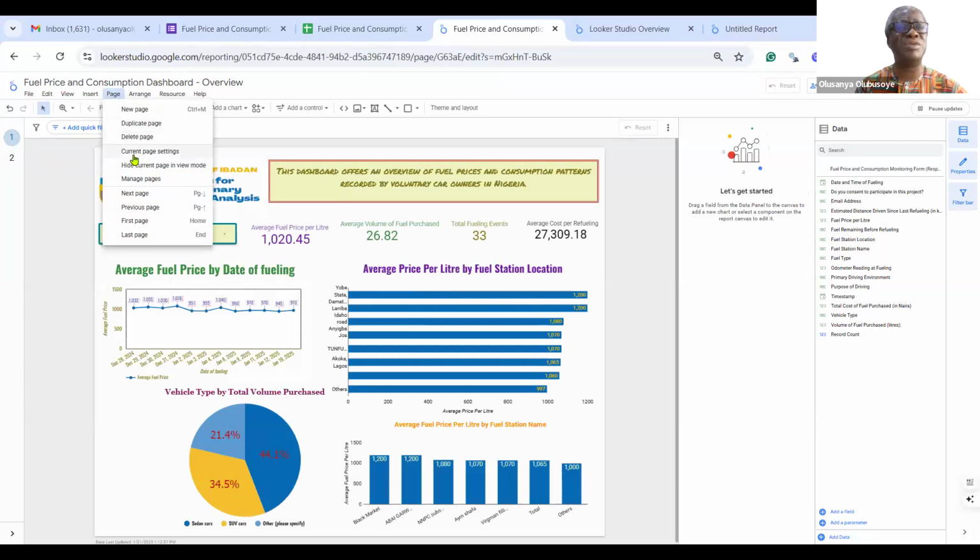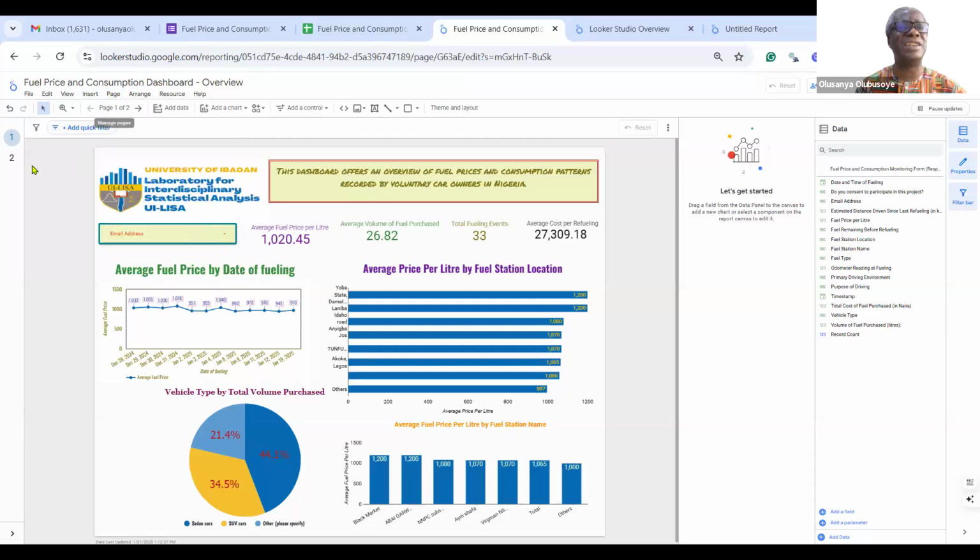You can also reset or work on the settings for the current page. You can hide the page, and you can move from page to page here, from first to last, from next to previous. So this is how you can navigate around the pages.